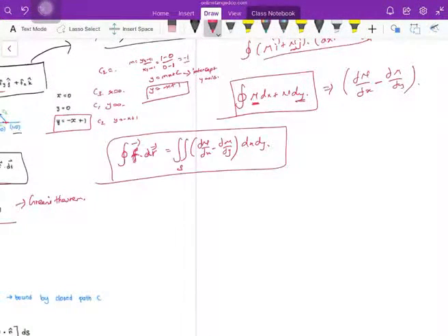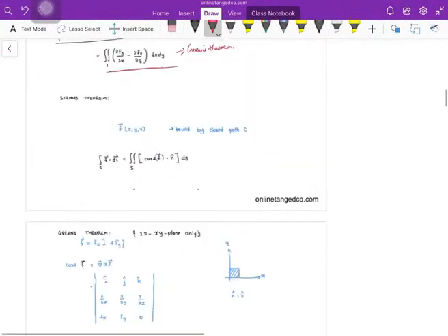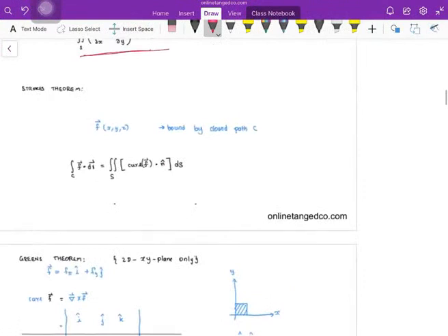In most of the previous calculus lectures, I have mentioned everything as M and N, so it will be easy for you to follow the notes and remember the formula. Just take this formula: the cyclic integral. It must be a closed path. For Green's theorem to work, the path should be a closed path, guys. So the cyclic integral of F dot dr is nothing but the integral of ∂N/∂x minus ∂M/∂y into dx dy.